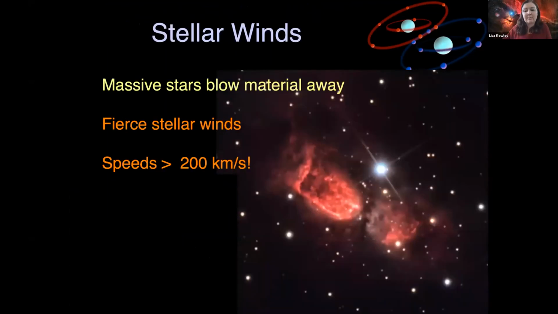Another way that oxygen is blown out of stars is that massive stars blow material away just due to the fact that they're really unstable. So really massive stars that are fusing helium together to form carbon or nitrogen or oxygen, they're pretty unstable in their outer layers. They actually expand and then contract and expand and then contract because these fusion processes create lots and lots of energy. And so these stellar winds that are blowing material off these massive stars can be up to 200 kilometers per second. So this is much more than our cars can even go.